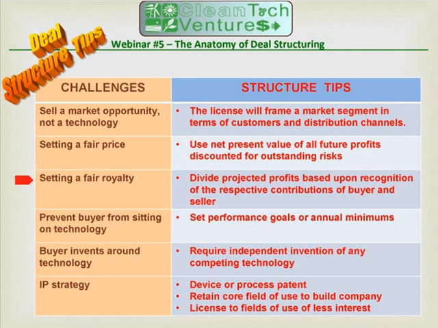But figure out what the profits are, and then do a fair splitting of those profits between you and the seller. And if you don't understand all the cost that the licensee is going to incur in bringing it to market, you need to know that. Otherwise, you can't negotiate well with them.